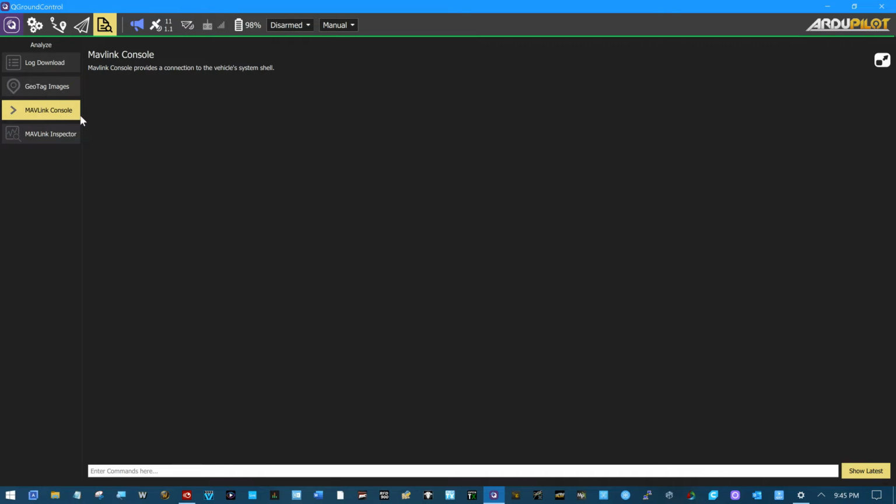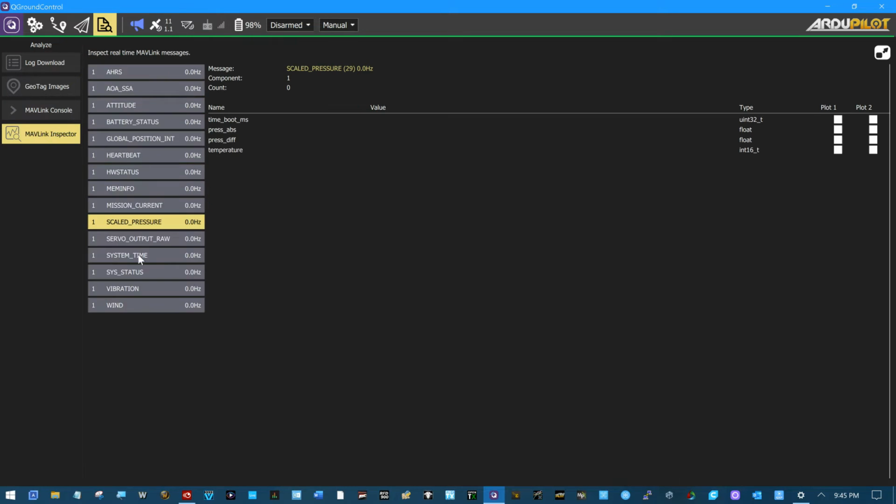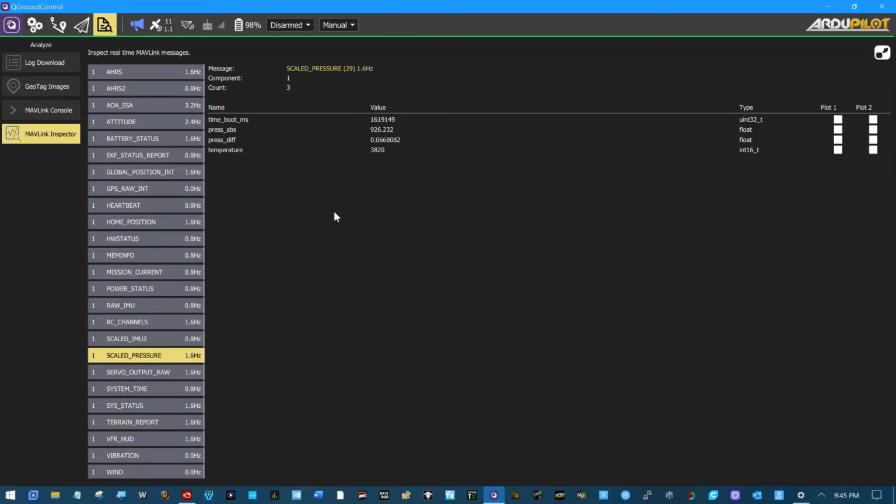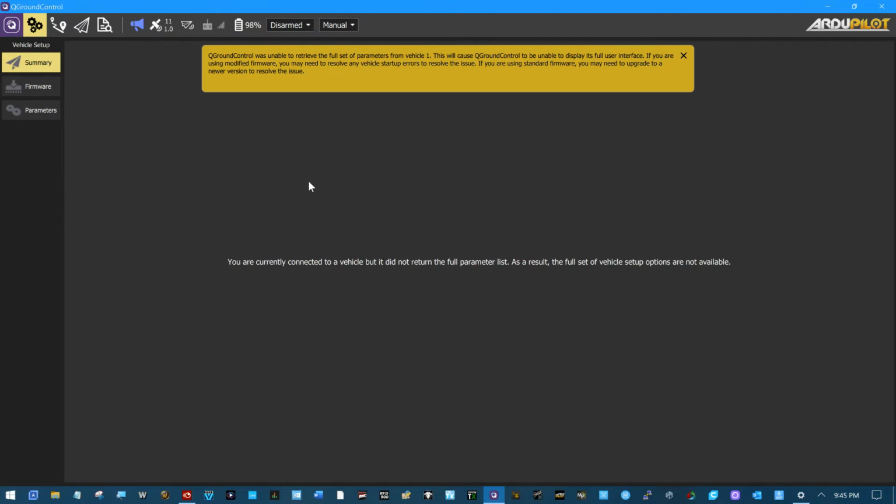Mavlink console, Mavlink inspector. Well, here's all our real-time sensors. And what we've got here, whoops,